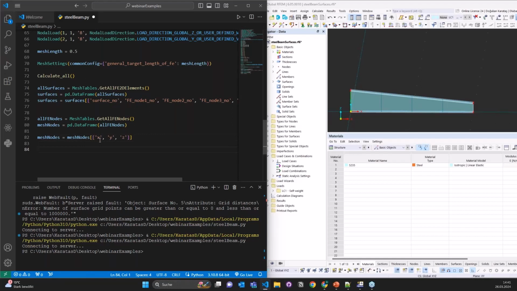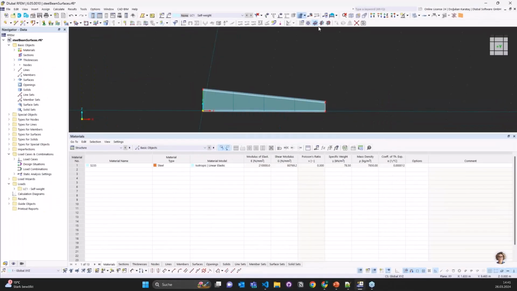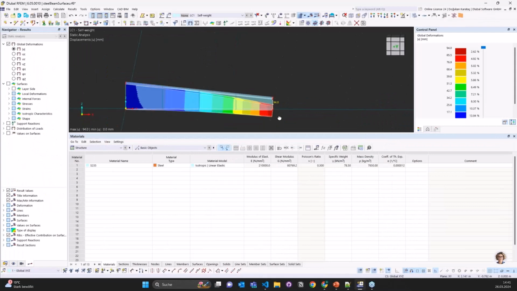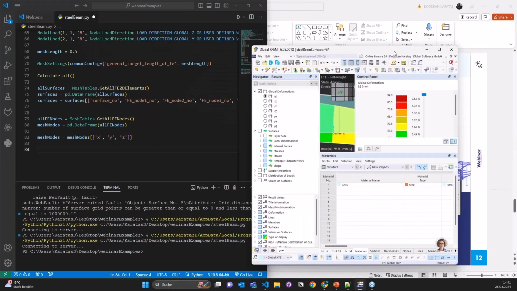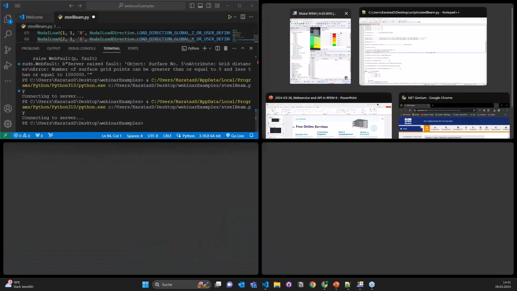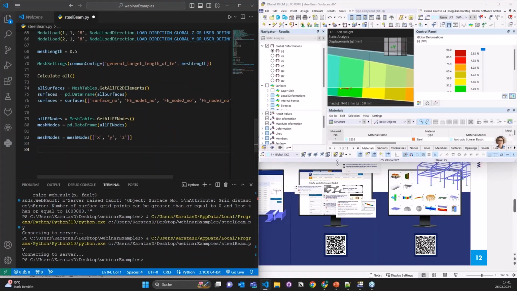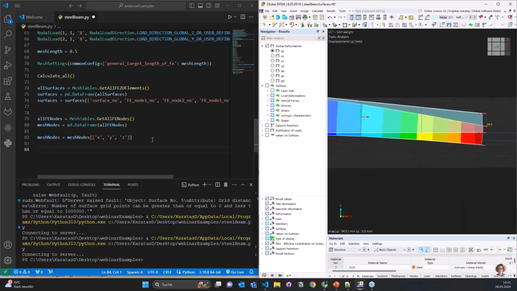And what I want to do next is to access the deformed mesh nodes. So this one is here, as you can see. But when you turn on the result, there are also some deformed mesh nodes, as you can see. Basically, what I wanted to do is to access the deformed mesh nodes too. So deformed mesh nodes is equals to